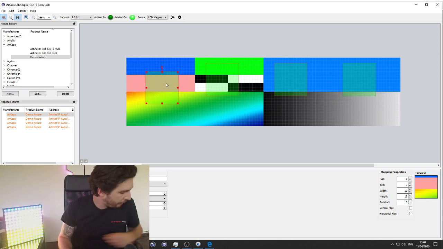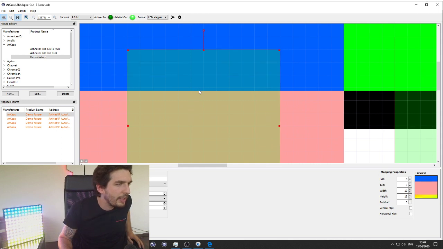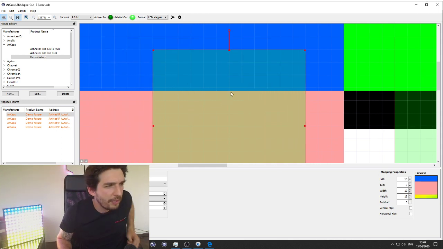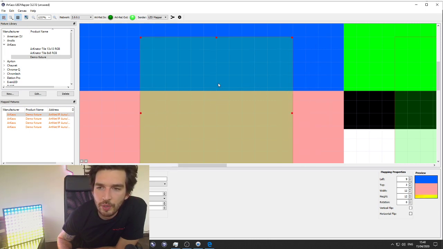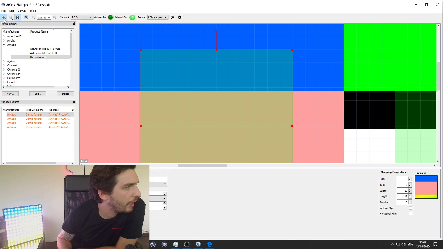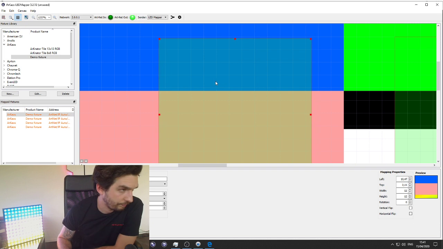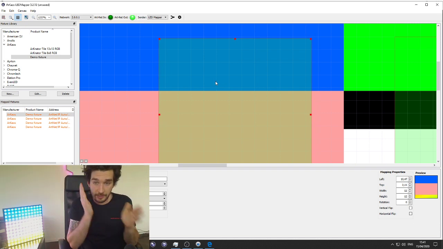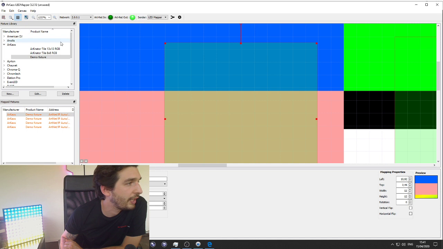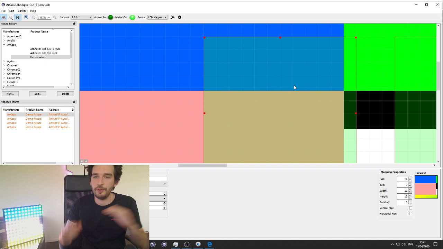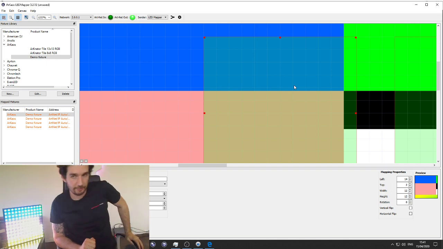You can see as well, if I scroll a bit in, that when I move my fixture around, it is snapping to my grid. So it's snapping to every one of my pixels. You can remove that snap option to move your fixture freely. If you don't need a precise pixel-perfect mapping, and you just like to spread it evenly to have a nice texture, you can also move it like that. Most of the time I will advise you to have that engaged, so you can have a perfectly aligned and symmetric setup.